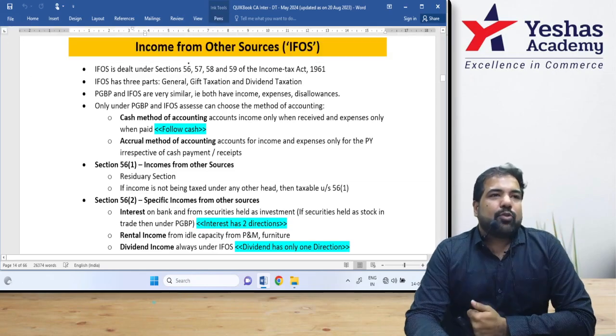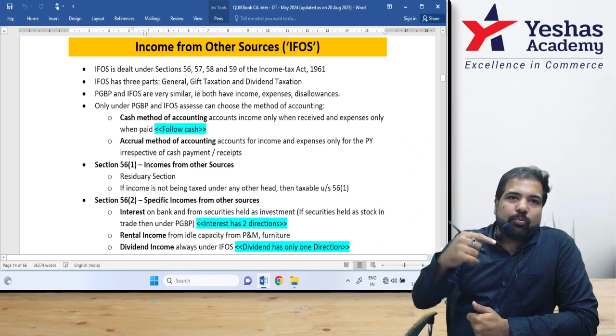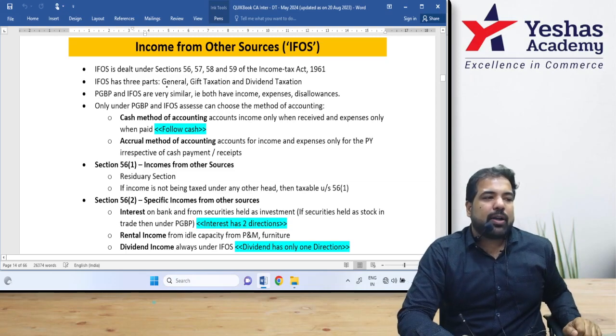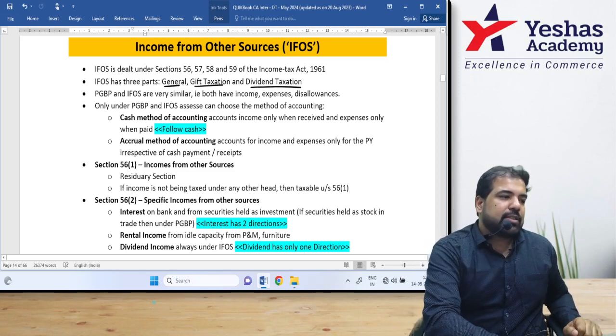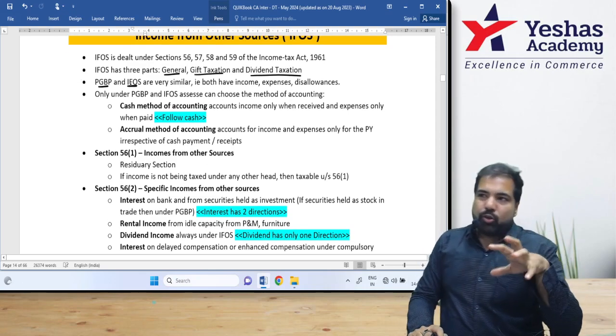Yes, guys, IFOS is income from other source. This is the fifth head of income. Yes, but do it before you do PGBP. Guys, there are few sections here, but there are three parts in this chapter. The first part is general, then there is gift tax, and then there is dividend tax. Although, guys, while we know PGBP and IFOS are very similar, so the better you do IFOS, the better it